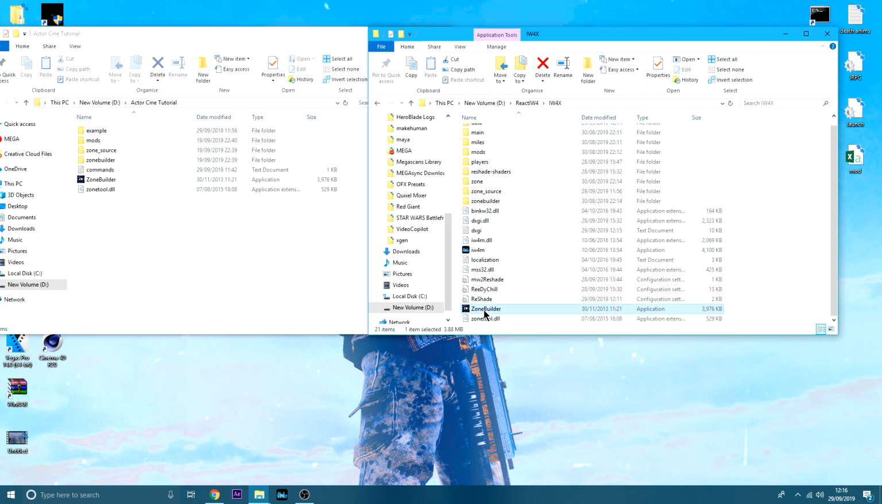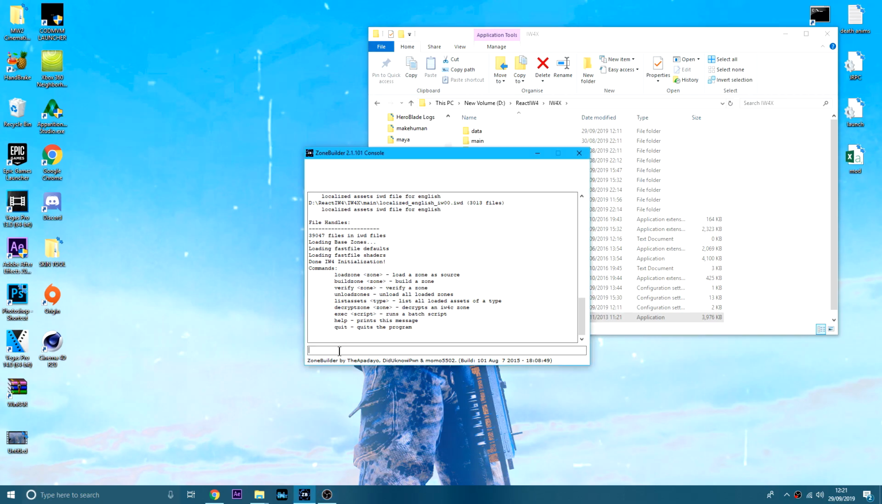So I'm going to do zone. You need to open up Zone Builder, you need to run it as an administrator. You don't really have to, it's not compulsory. What's happening here? Okay, once Zone Builder is open,